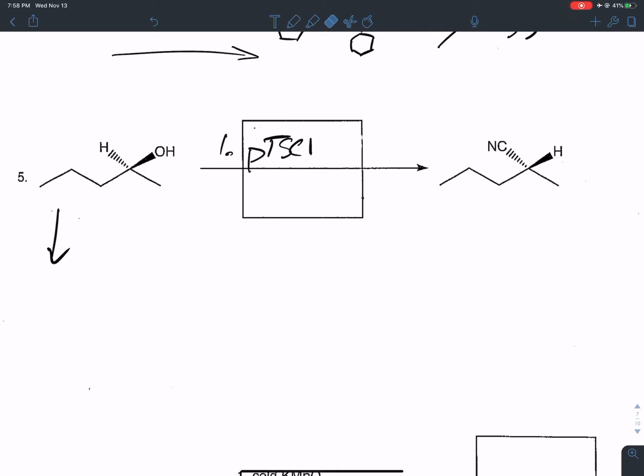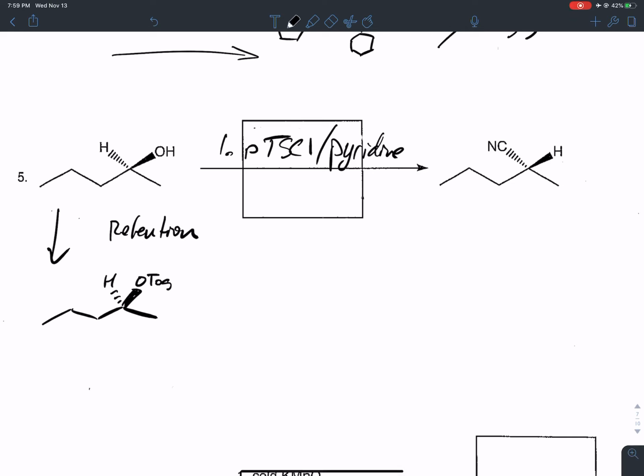I'm not sure if you need to put the P. It's paratoluene sulfonyl chloride is the compound, but sometimes she'll put the P, sometimes she won't. It doesn't mean anything. It's the same compound. What does she want you to put this in? Pyridine, yep. Memorization on that one. What that's going to do is it's going to add a tosylate group to our oxygen, the one in the alcohol, without inverting stereochemistry. It's going to retain stereochemistry. So retention,